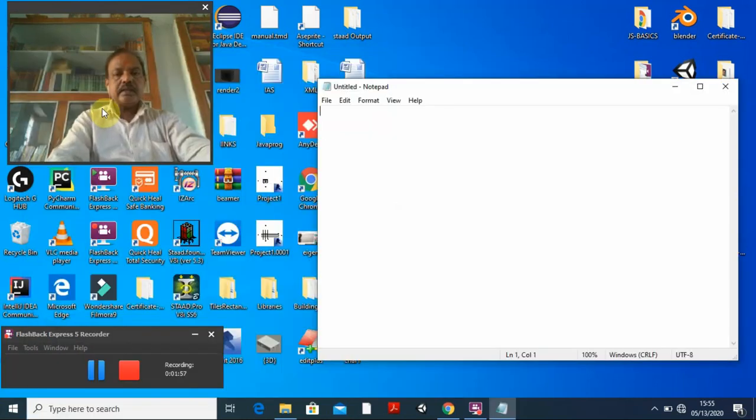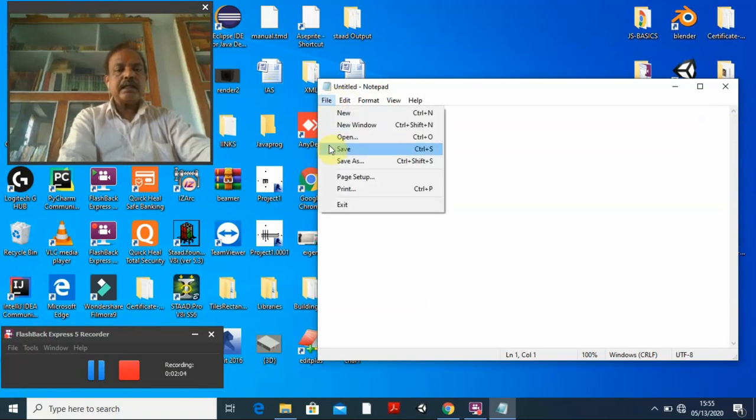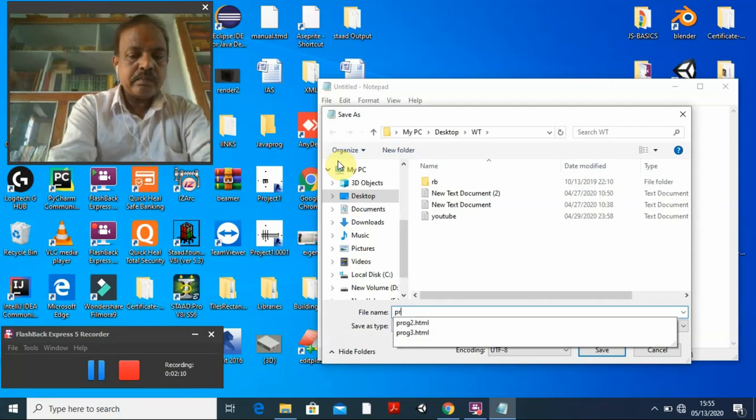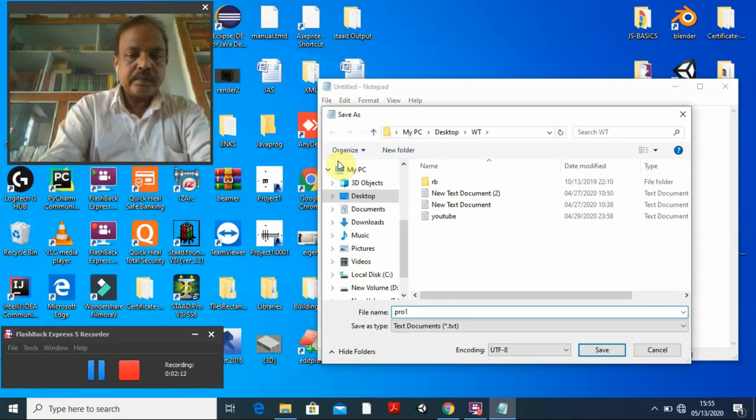Then here you can type whatever things you want. Then you go to file, save as, and write something. Here I write program1.html.